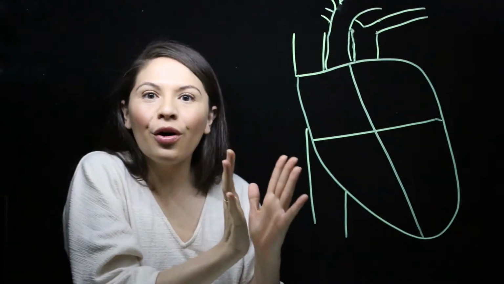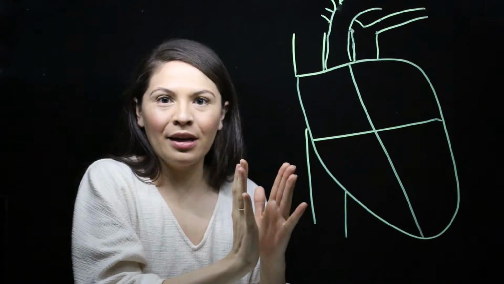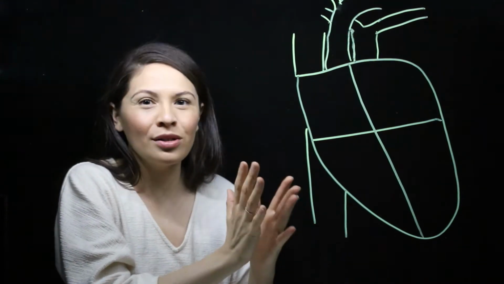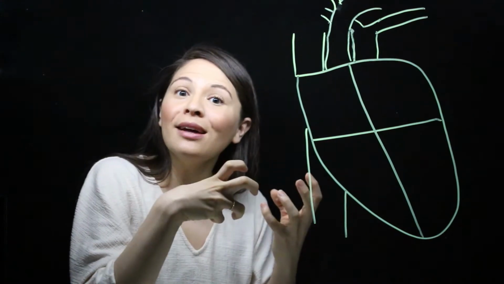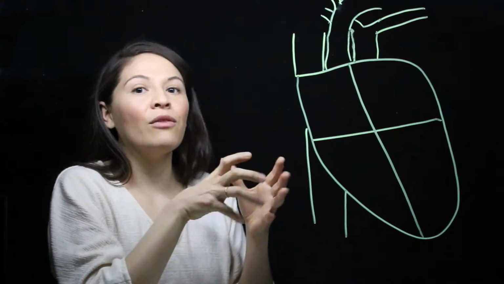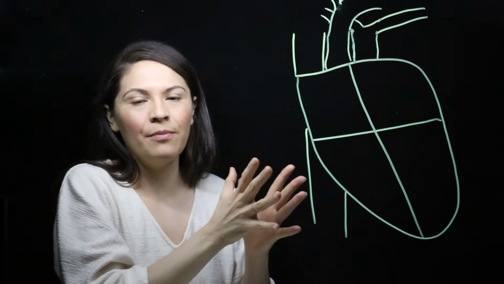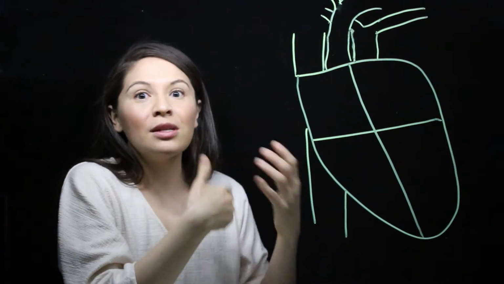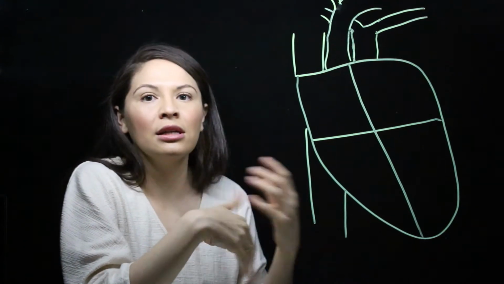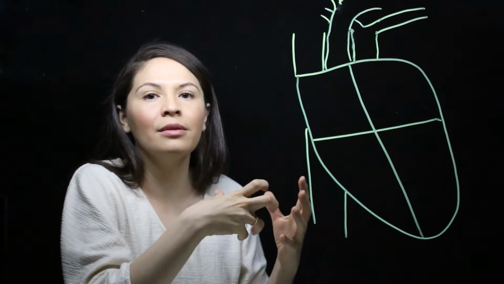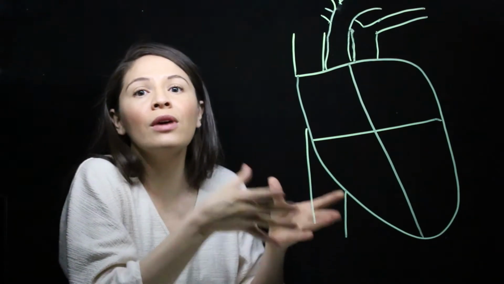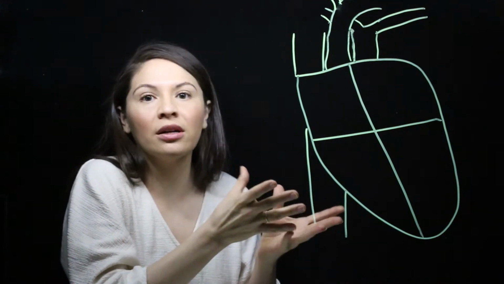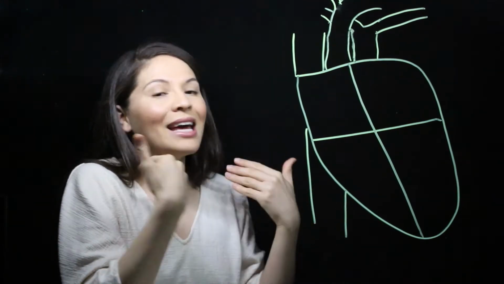Okay, so all the tissues in our body need a constant supply of oxygen. They use that for their metabolism. And once they've used up that oxygen, they're going to give off a waste product, which is carbon dioxide. So we want to bring oxygen into our body to supply our cells. They're constantly using it. We need to constantly supply them. And we want to remove carbon dioxide, this waste product, away from tissue cells and get it out of our